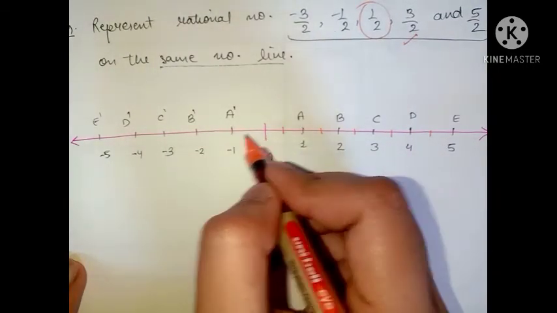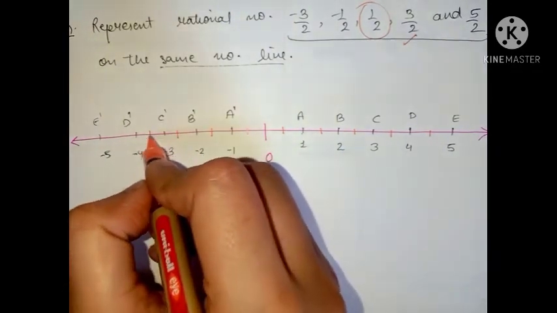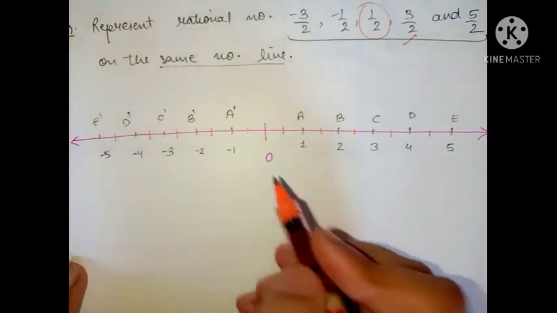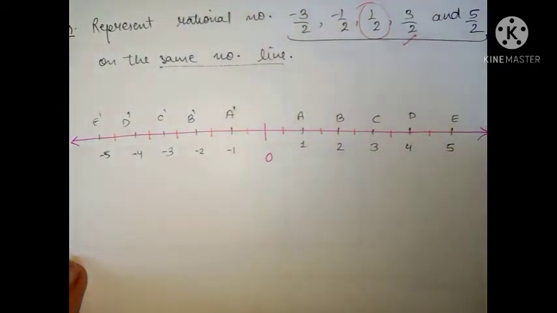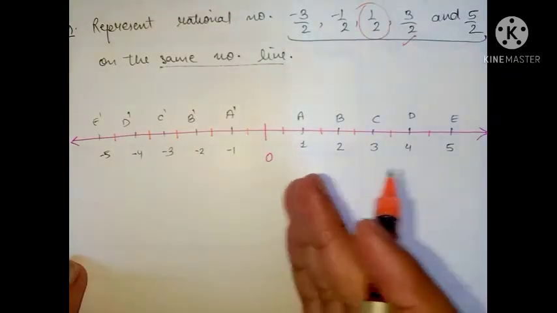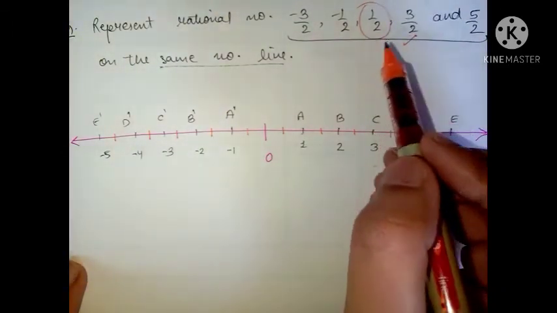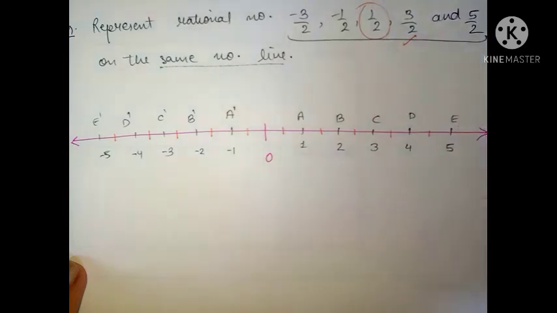A similar task we have to do on the left hand side as well. We have to divide them by marking the middle. Okay, so this task we have done. Now all that remains to do in this question is to count from this 0 towards the right hand side and left hand side respectively, as the numbers are positive or negative. So let's start.